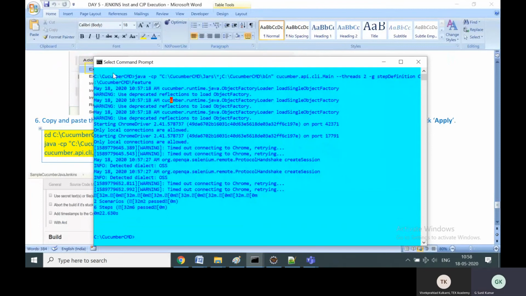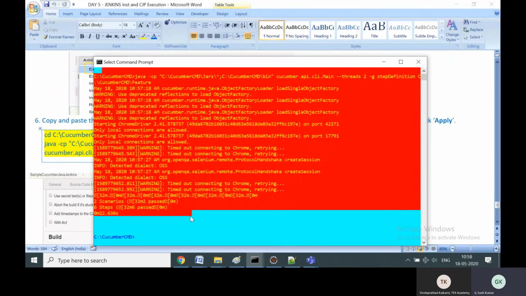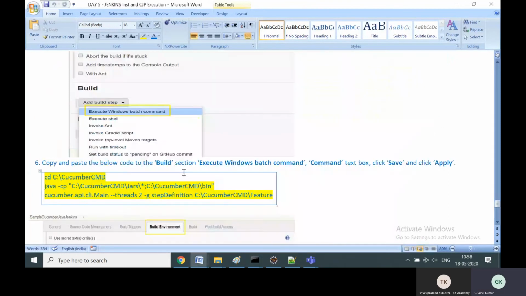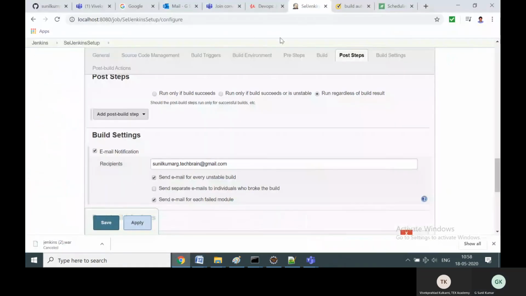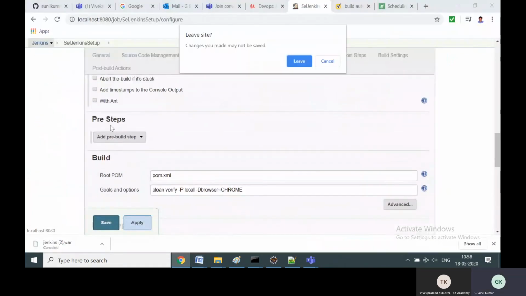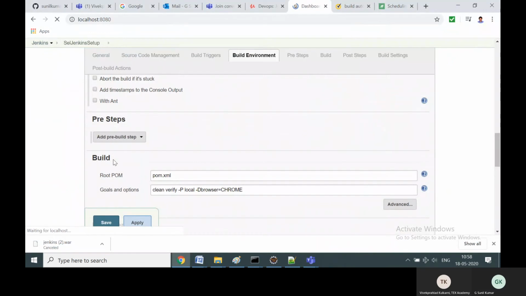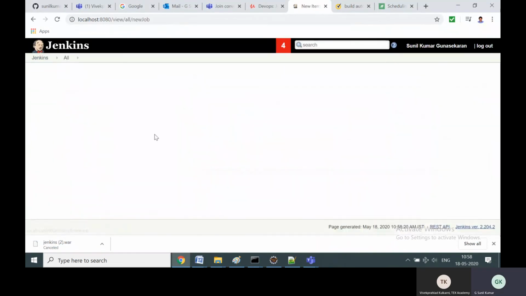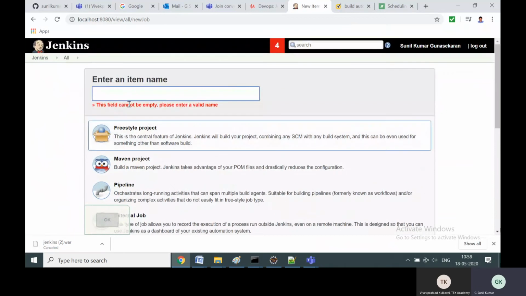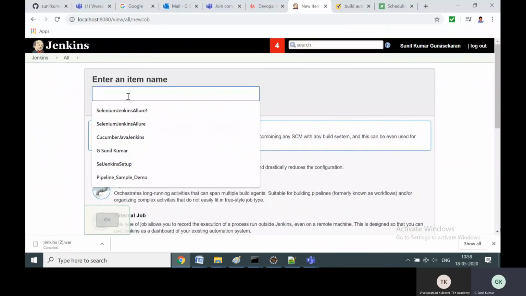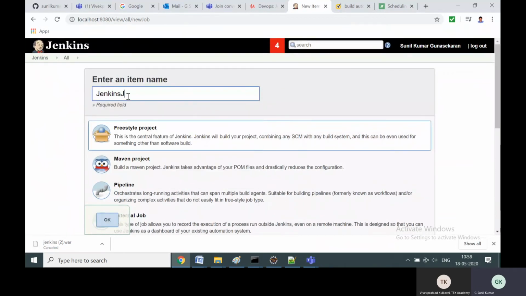See, I am able to successfully execute in command prompt. So now I will create a Jenkins project, which will be easy for me. Again, go to Jenkins and click New Item. This time I will choose a freestyle project, because a Java project is a freestyle project. Jenkins Java.